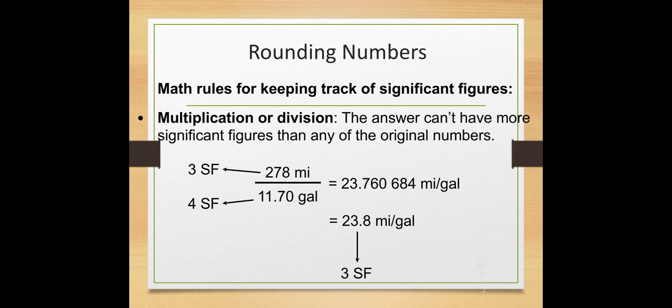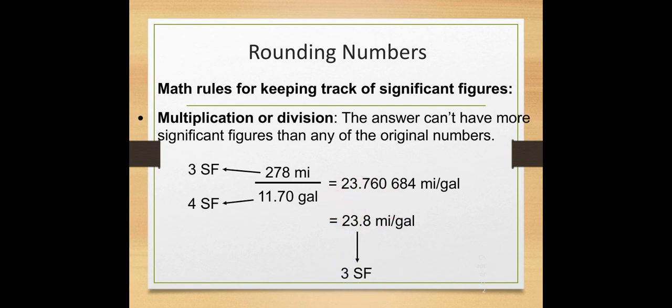So in this case we have to look at the least significant figures, and our answer must be in the least significant figures. The least in this case is 3 significant figures, so our answer must be up to 3 significant figures, 23.8. Here we round off this 7 to 8. We round up this 7 to 8 by adding 1 to the 7, so we get 23.8, and our answer is up to 3 significant figures.